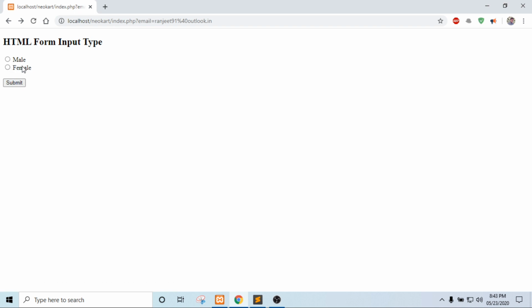Here there are two values, male or female. You can select only one value, either male or female, not both. So this is the radio button. After you select one value, you can submit.